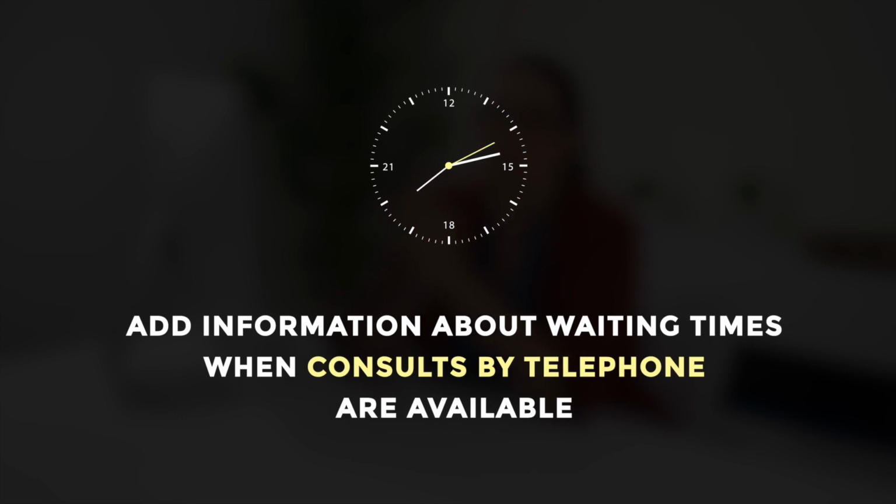It's a really good idea to add information about waiting times when consults by phone are available, because a telephone that keeps on ringing and nobody is answering is really demotivating for the person that's calling and could hurt the company's reputation. Imagine that a customer is always trying to call at the wrong time during various days, and in the end he'll think, I've been calling so many times but no one answers, and this is what they call